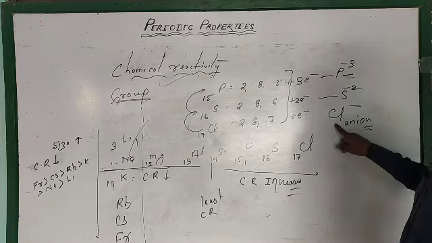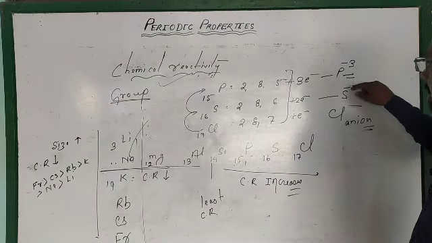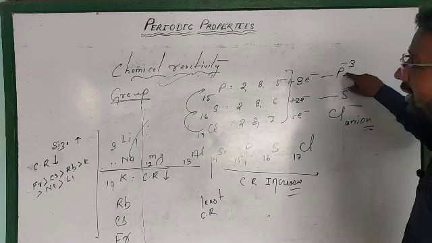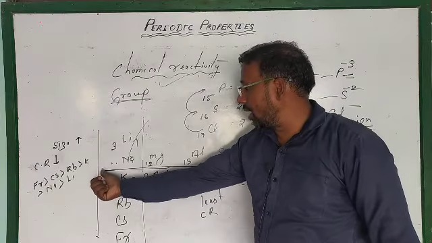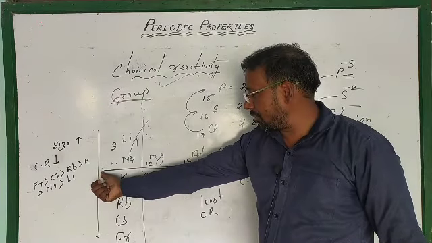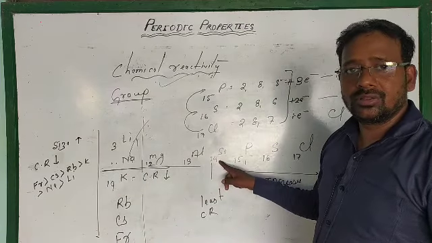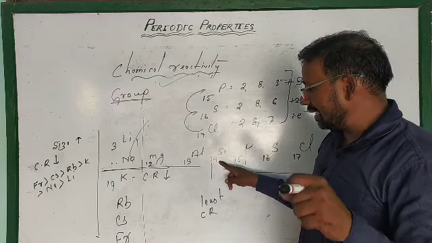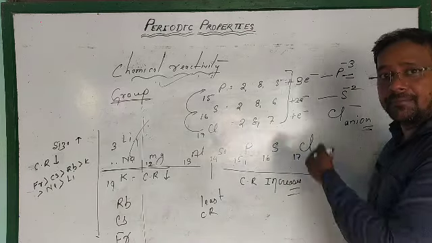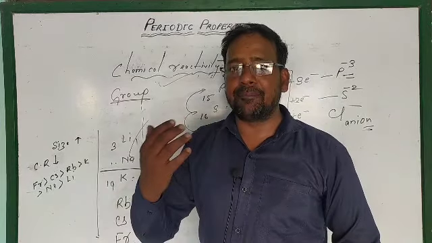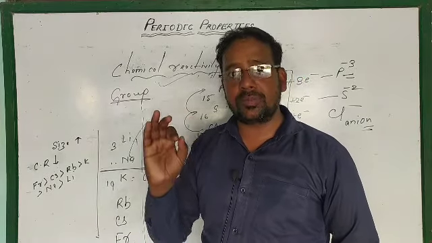So here chlorine will get only 1 electron, sulfur will get 2 electrons, and phosphorus will get 3 electrons. So you can see that chemical reactivity, when we move along the period from left to right, first decreases till group 14, till silicon, and after that increases. Why does it increase? Because of small size and requiring fewer electrons, meaning because of valency.